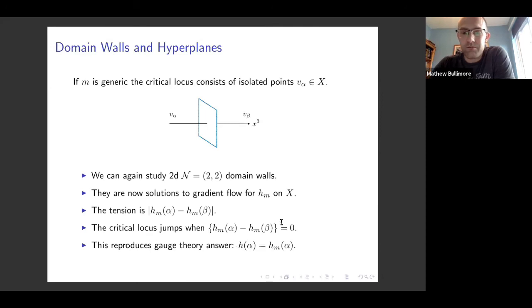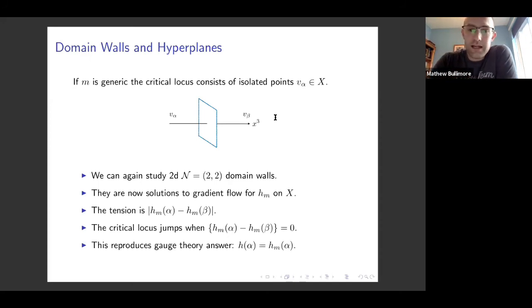And again, I call them v_alpha, labeled by some discrete index alpha. And now I think about them as really points on the Higgs branch. But just like before in the last lecture, if I want to study what it means for the masses to be non-generic, where moduli space opens up,